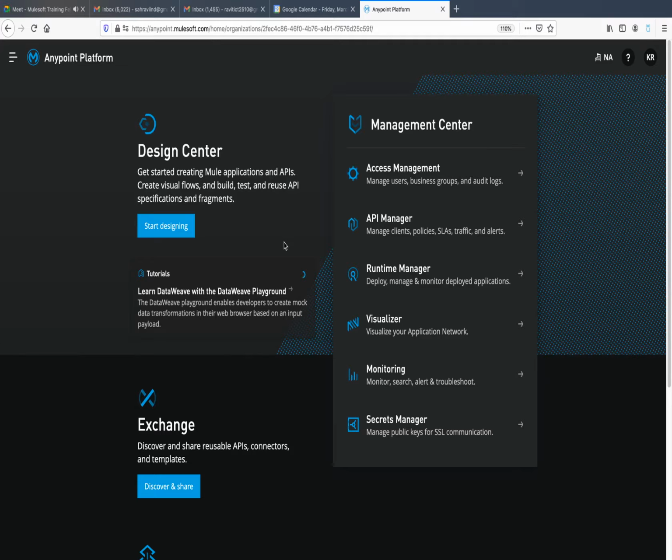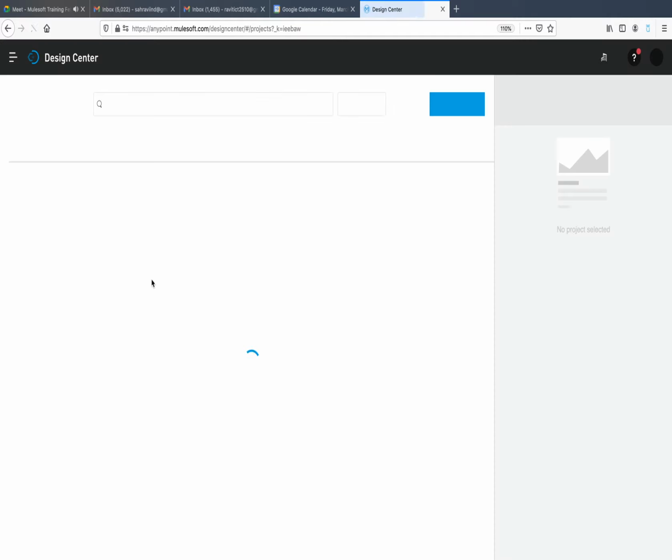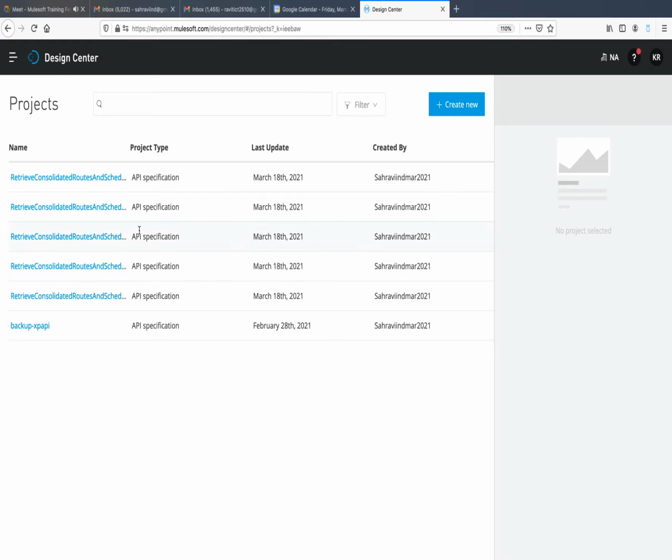Okay, so before going to development, we'll see a few more things and then we'll go for development. So what all things do we need to know? First, we'll go to Design Center where I have created all the RAMLs, and we'll see how, after creation of a RAML, we will publish it on Exchange. Once we publish on Exchange, we'll give the URL to business stakeholders or BA people,